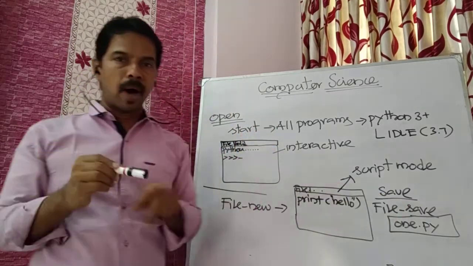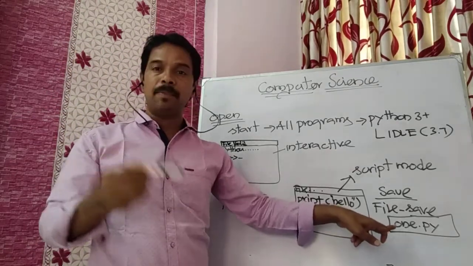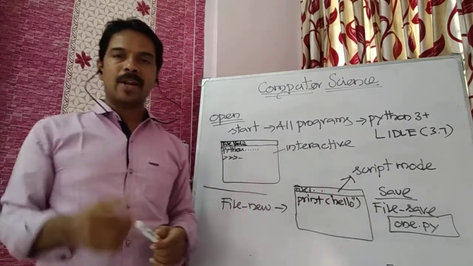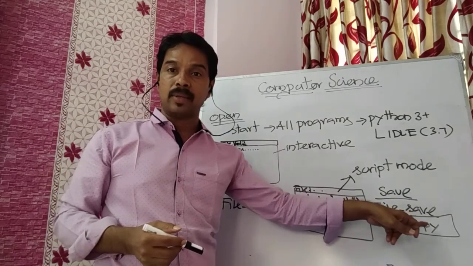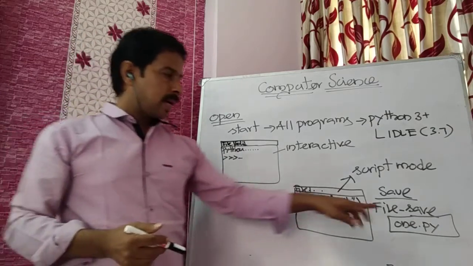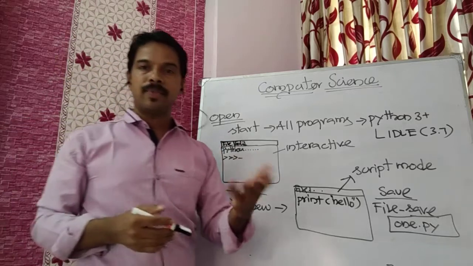A small box will come. You have to give the file name. There you type your Python file name, 1, 2 or whatever. Suppose you are doing calculator programming, you can type calculator.py. Py is an extension. You see this? I hope you people are clear. And after this, you have saved your content. Now you can run the script.